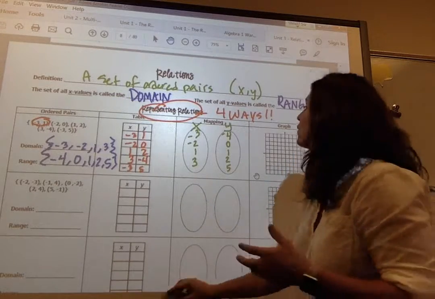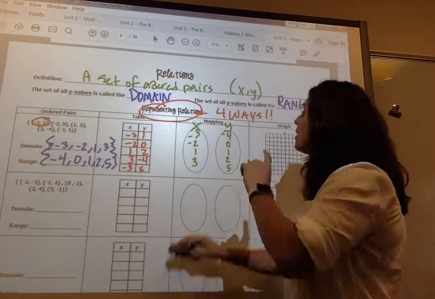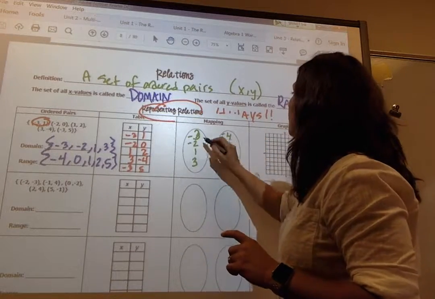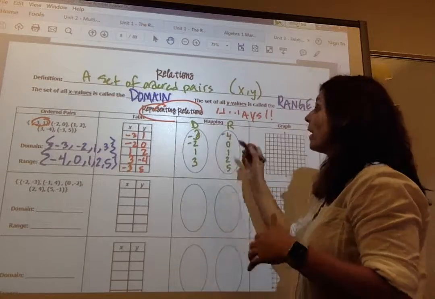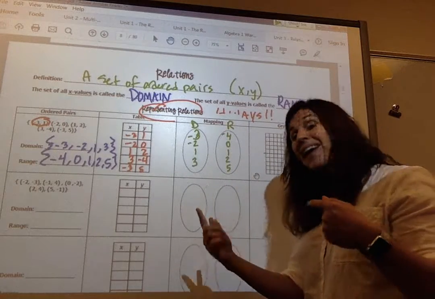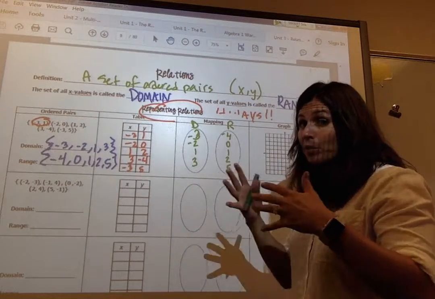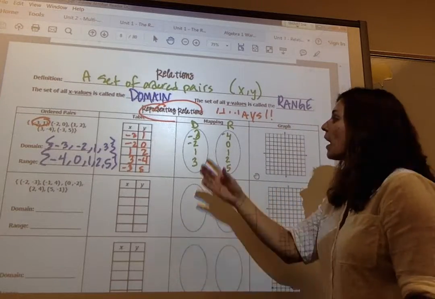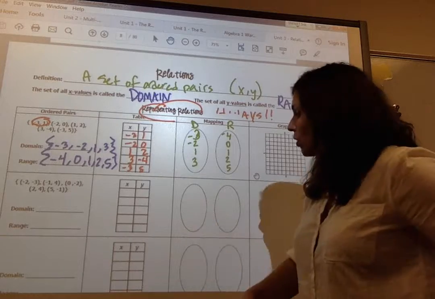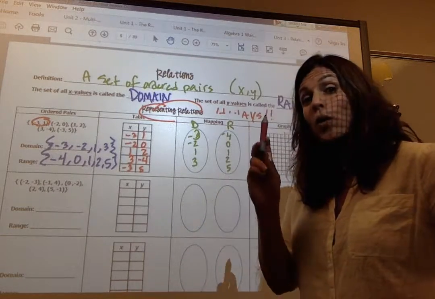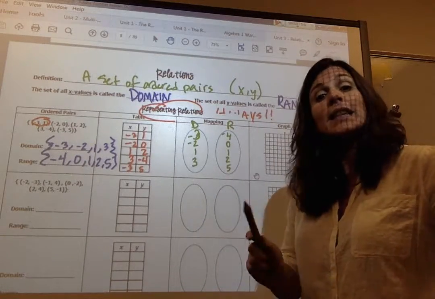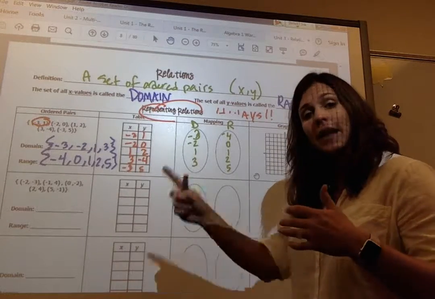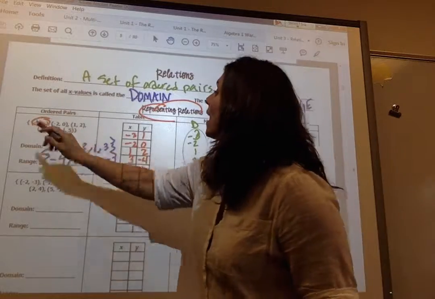A lot of times you'll see certain teachers either put X, Y. Sometimes you can see D and R as domain and range, just as a reminder to, hey, go from least to greatest and numbers don't repeat. But I'm not done here. I've got to connect these numbers together. So what do I do? I'm going to draw a ray. Notice I didn't say line, I said ray, because it has a start point and it has an arrow on the other side. So, -3,